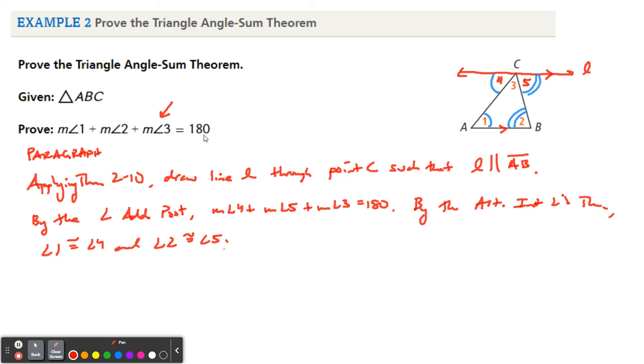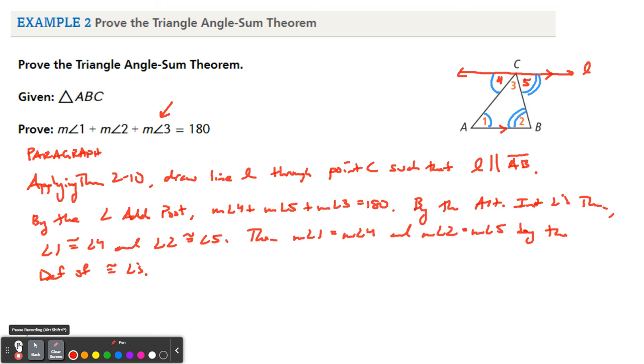If the angles are congruent, then we know their measures are equal. So the measure of angle 1 is going to be equal to the measure of angle 4, and the measure of angle 2 is going to be equal to the measure of angle 5, by the definition of congruent angles. And since these two angles are equal, we're going to substitute the measure of angle 1 for the measure of angle 4, and the measure of angle 2 for the measure of angle 5. So by substitution,